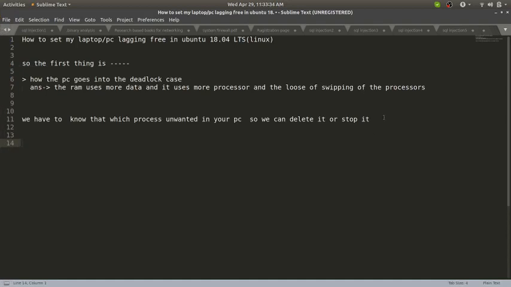So I have to stop processes from the PC and free up memory.